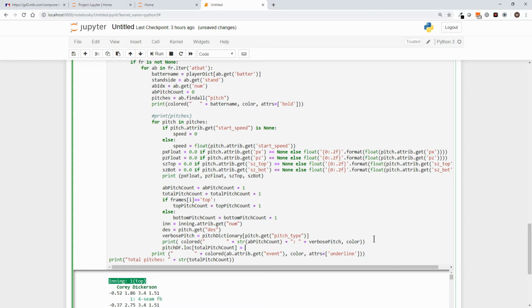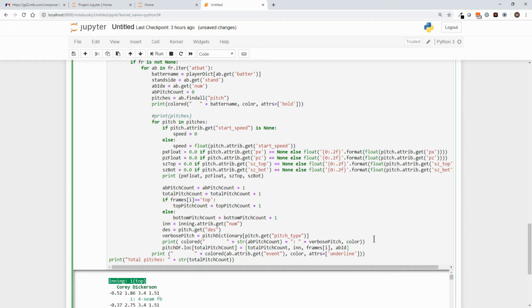So into that slot of the data frame, we're going to put an array, and it will have total pitch count, the inning, the frames sub I,